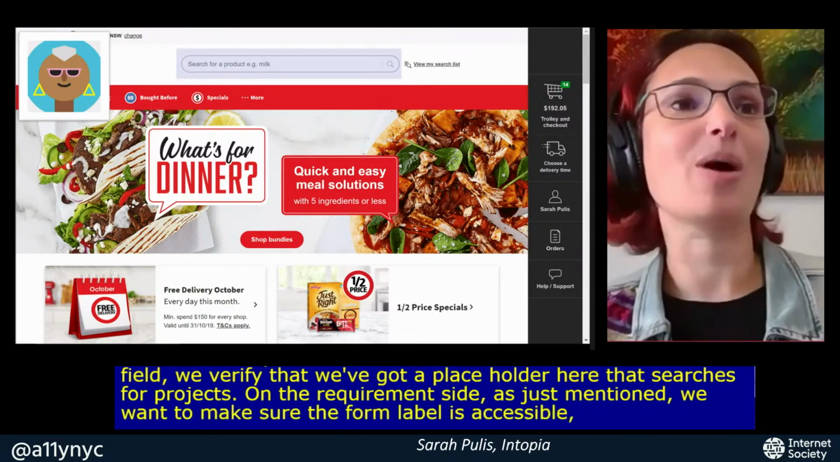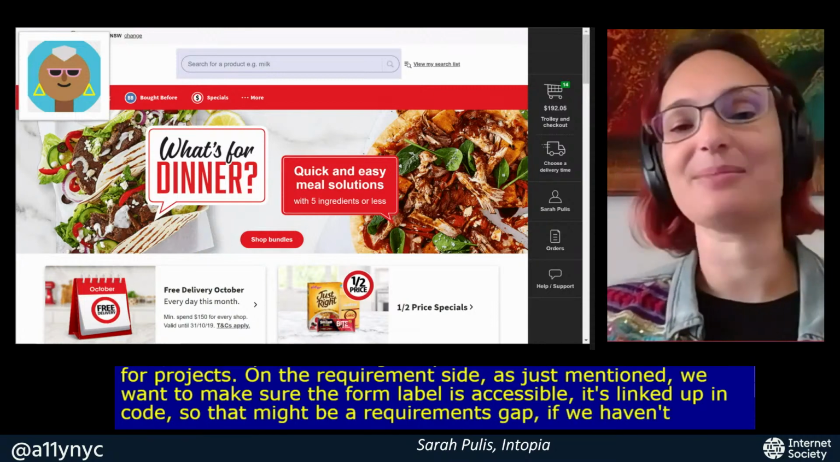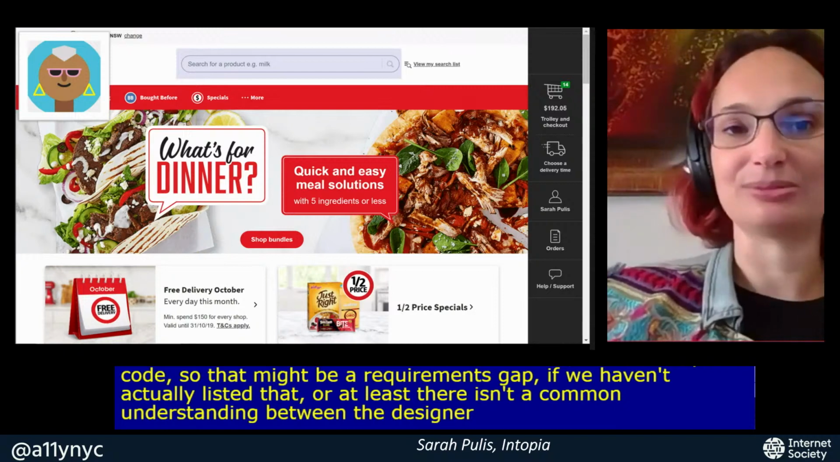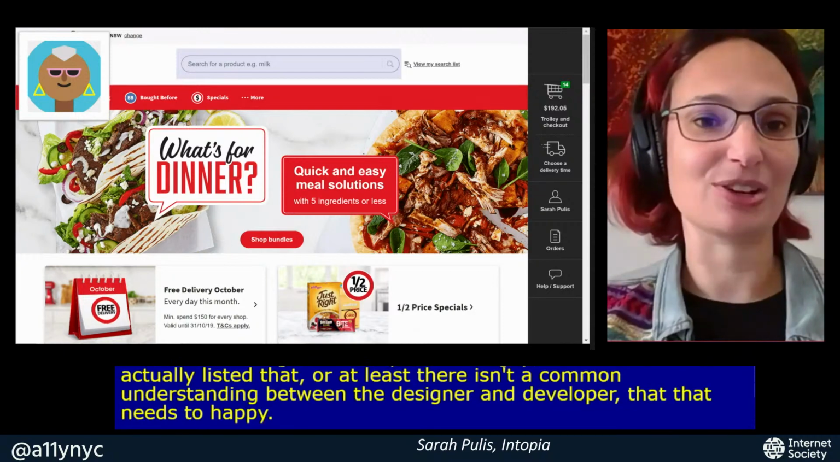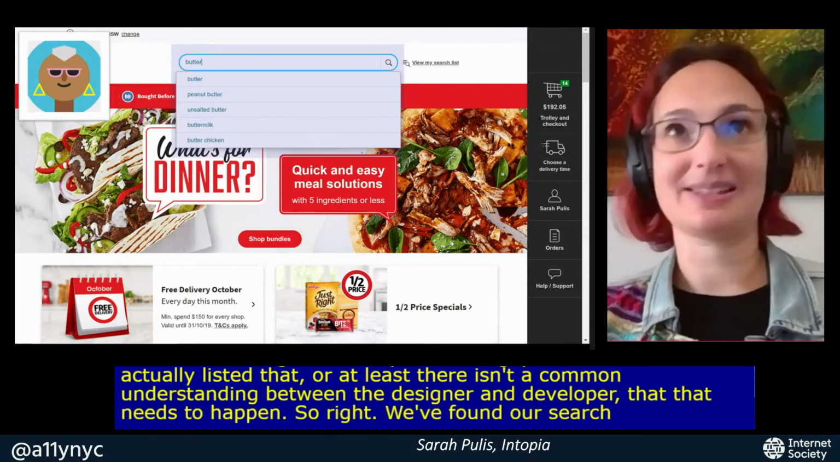So that might be a requirements gap if we haven't actually listed that, or there at least isn't a common understanding between the designer and developer that needs to happen. So, right, we found our search field. We then want to enter butter